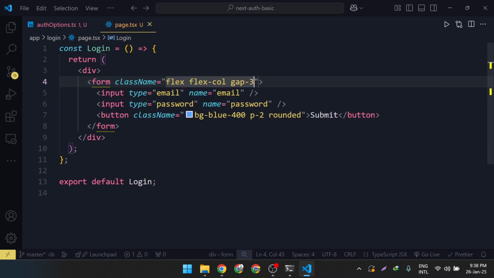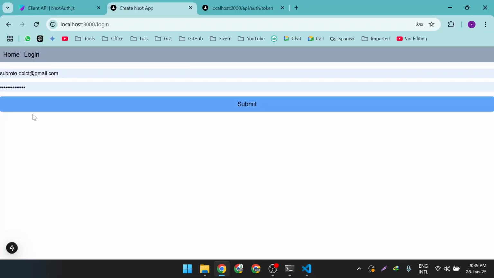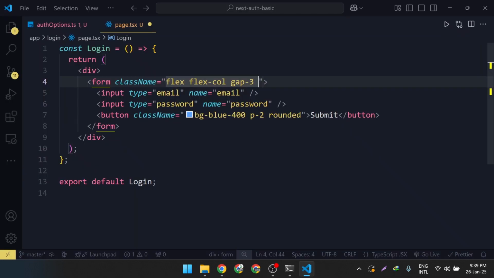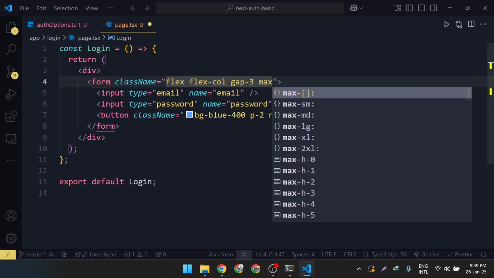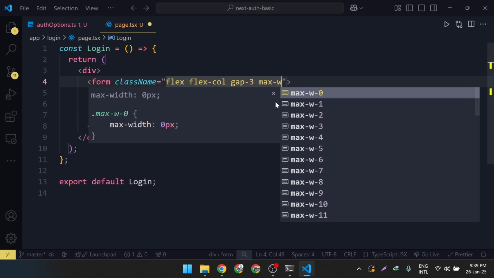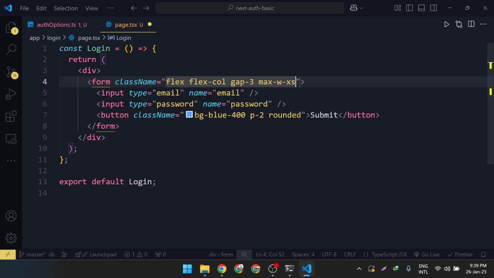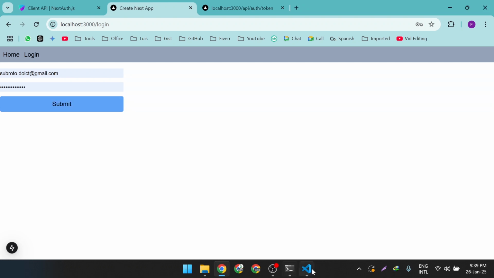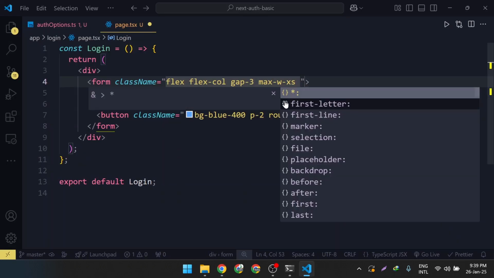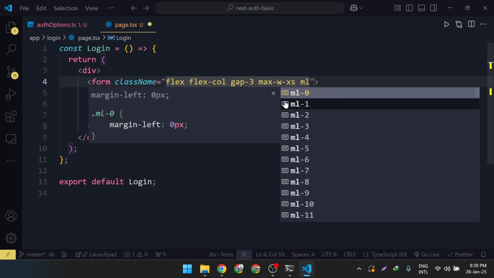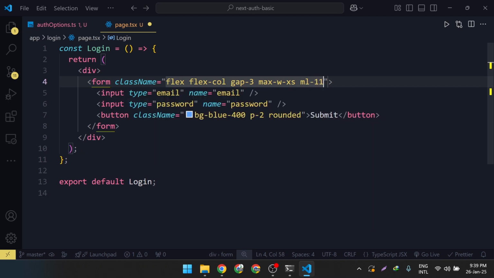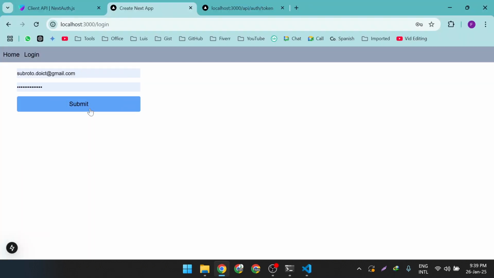3. Okay, and we give a wide max, wide access. Good enough. We can give a ML 11. Okay,